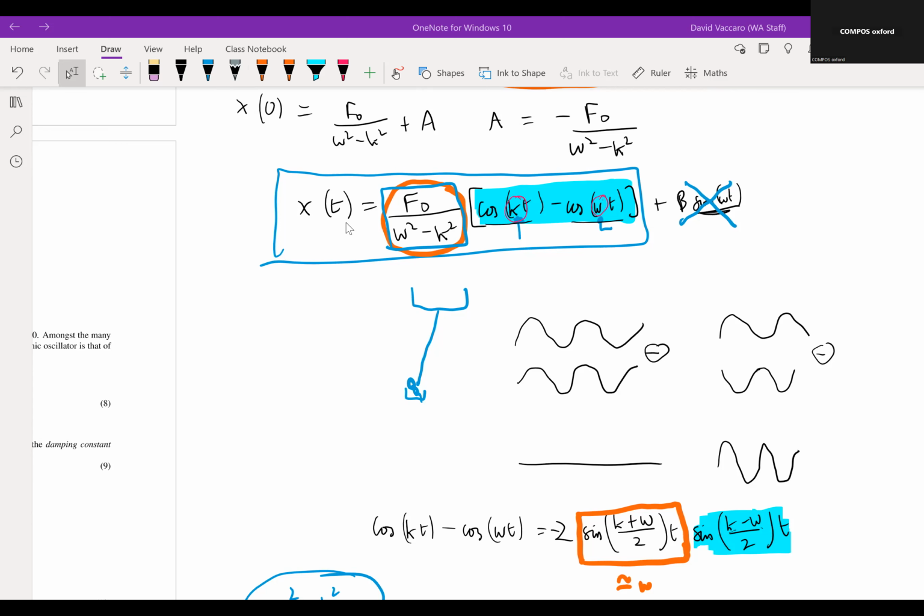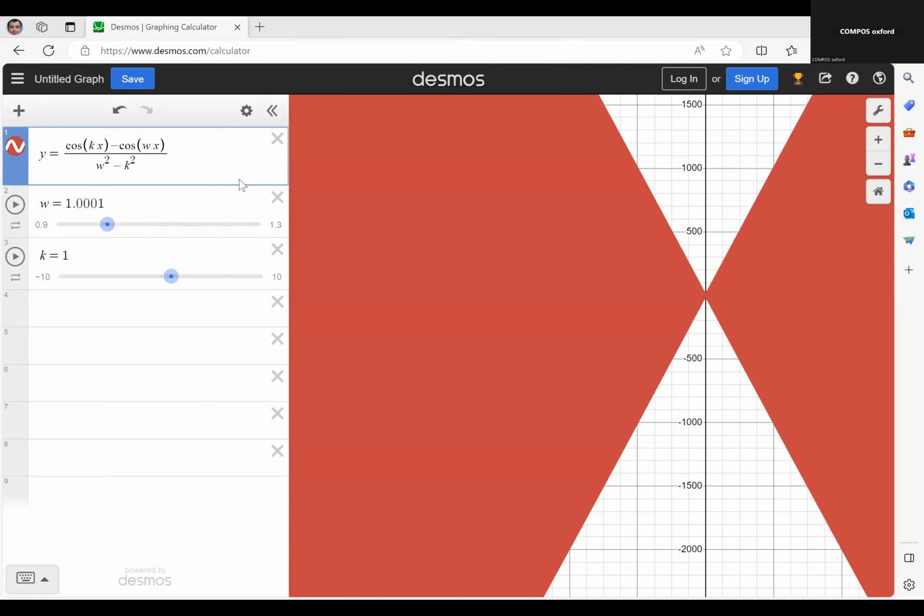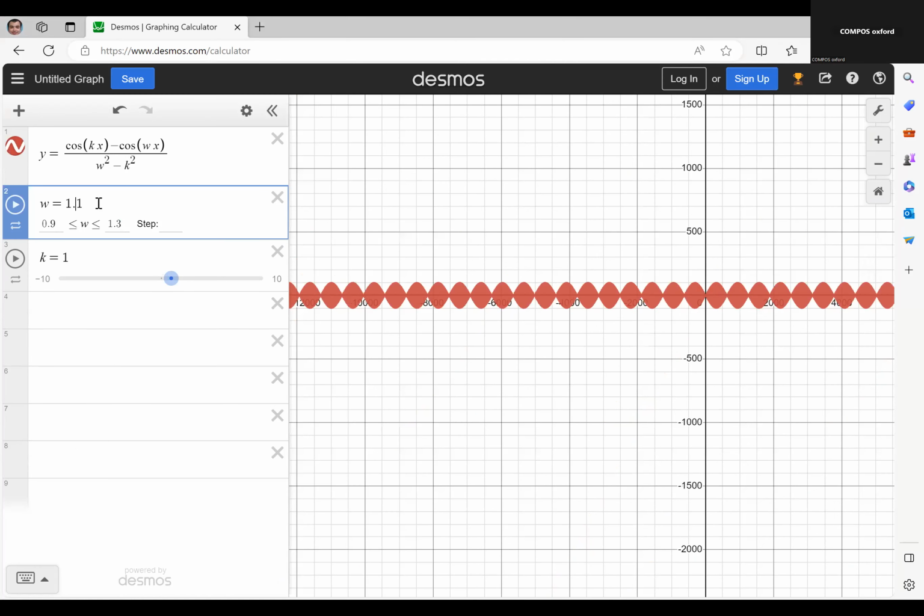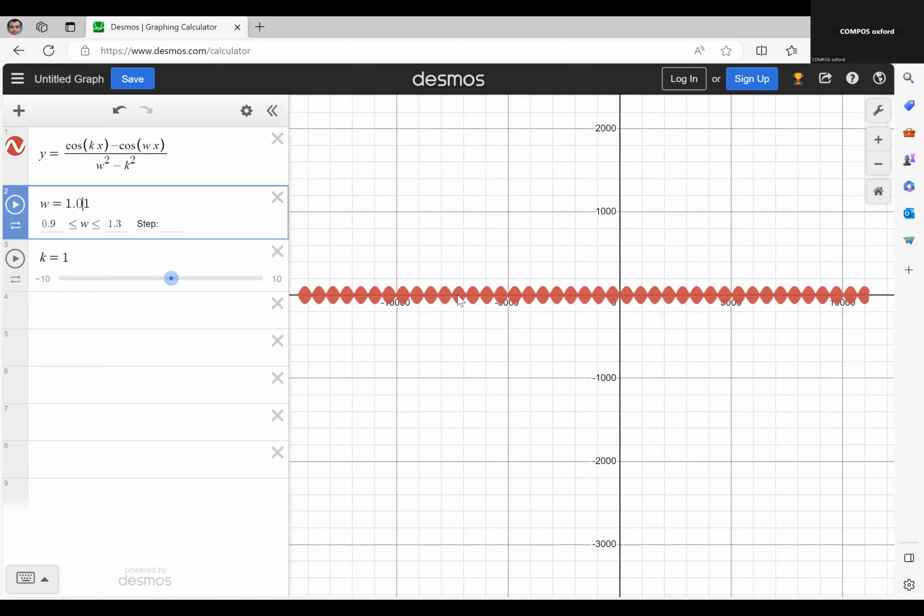Oh, so people have just asked, how does that map into an overarching sine function with a cos function within? Let me just go back to my Desmos. I'll make the omega a little bit further away. So here, you can see